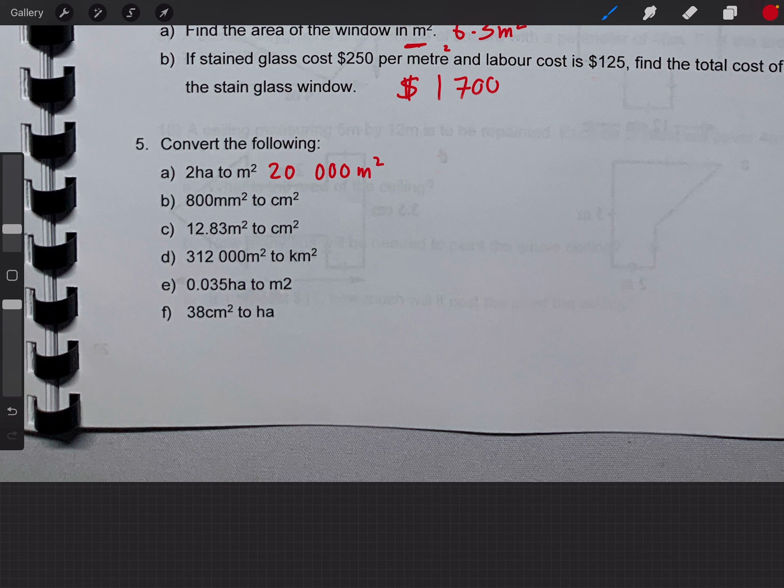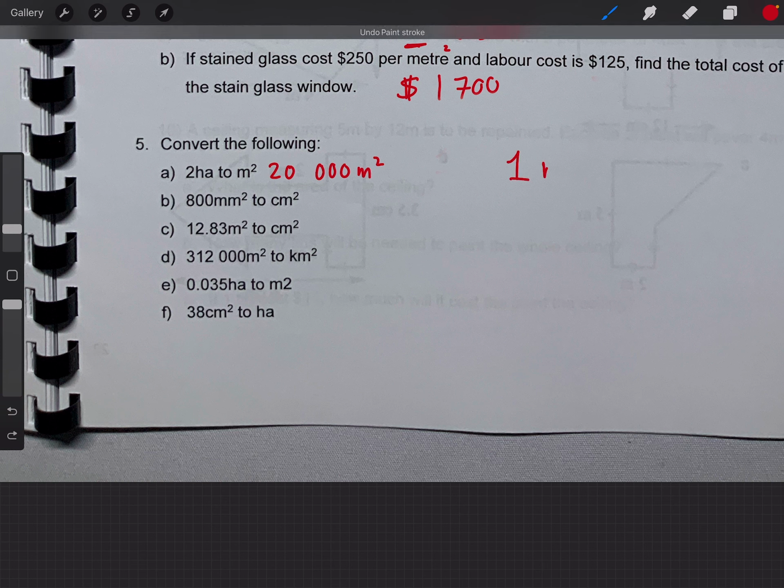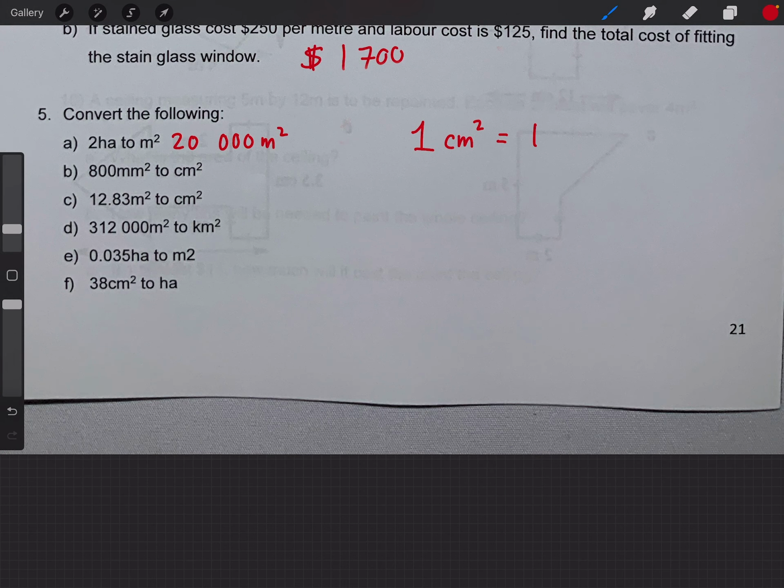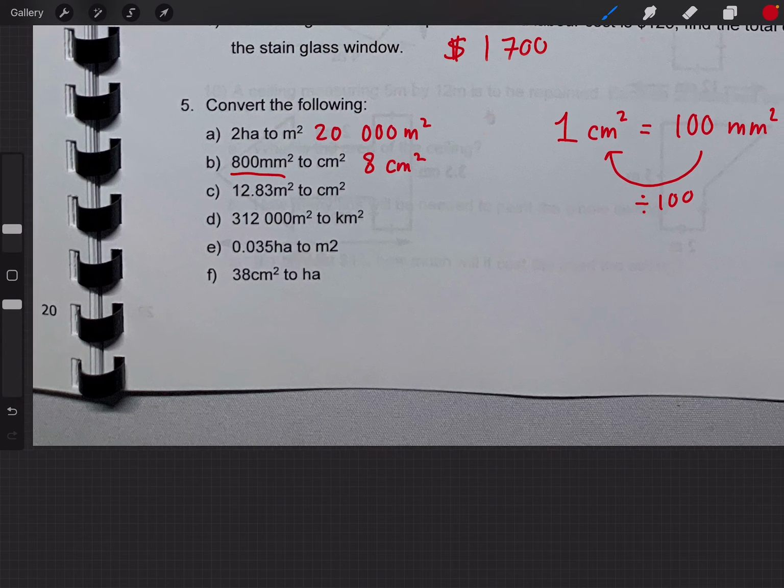800 millimeters, so 1 centimeter square is equal to 100 millimeter square. Now to go from millimeter to centimeters, we just divide it by 100. So divide this by 100, you get 8 centimeter squared. What else? The next one is